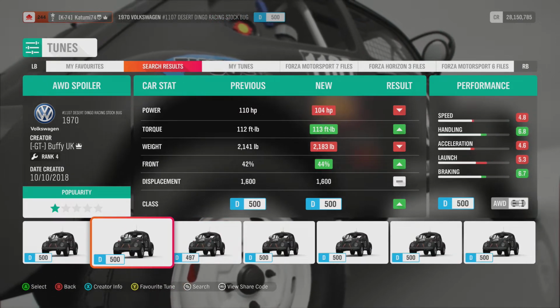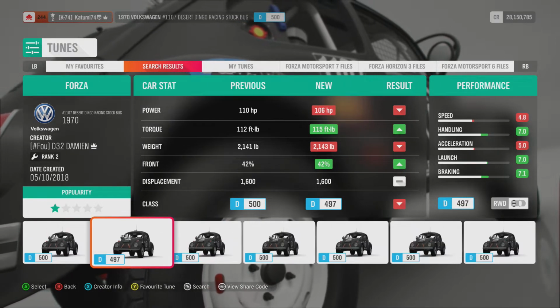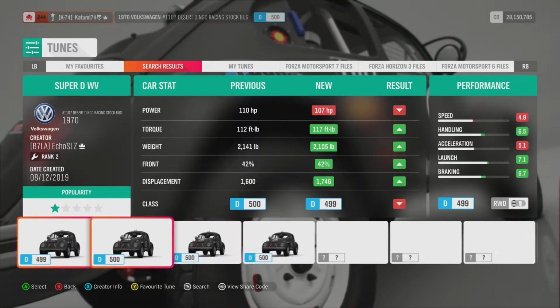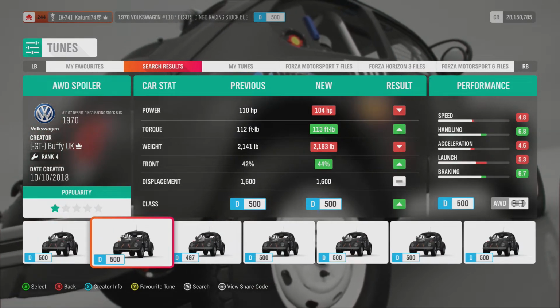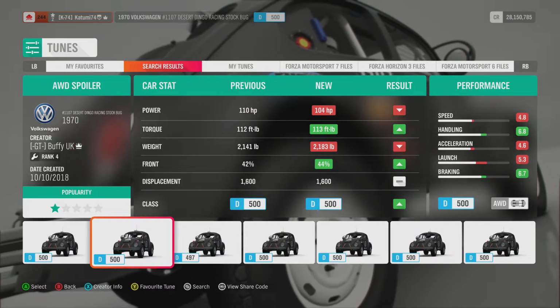Right, so who's this? Buffy! If you can slay vampires, you're probably good at tuning cars as well. It's exactly the same skill set that you need. Get a stake and use it to tune your car. I'm going to have a crack on Buffy's then. I know that some of the stats are going down. That's not a bad thing. Launch ain't a problem because we're going to be doing...